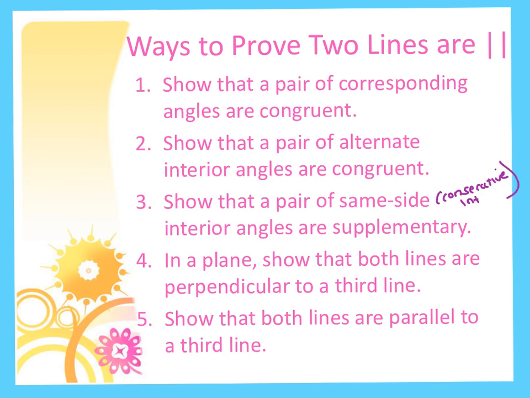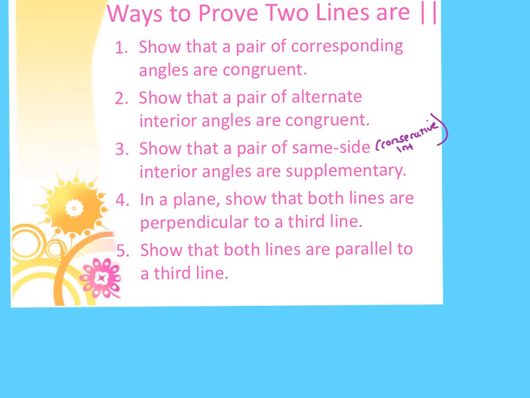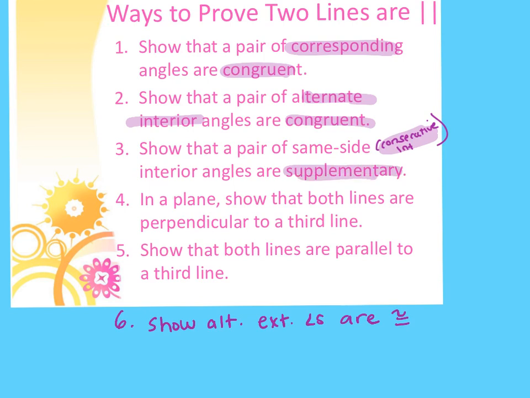The fourth one, wait, I'm missing one. Alternate interior, alternate exterior. There's 6. I didn't even notice that. They're not necessarily in any order. Show alternate exterior angles are congruent. So we've got corresponding congruent, alternate interior congruent, same side interior, consecutive interior supplementary, alternate exterior congruent,